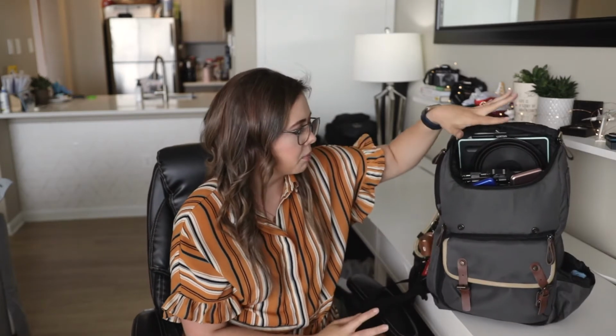So starting up top, I have an extra insert for my battery grip that can convert it to run on AA batteries in case all of my batteries magically die in the middle of a shoot. Next, I have 2 SD card holders. One has all of my empty cards and one has all of my full cards. So ideally when I'm going out for a